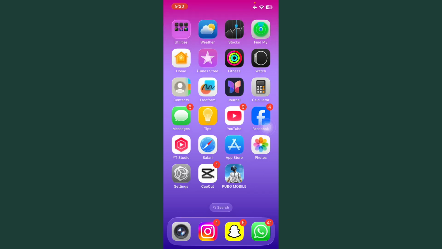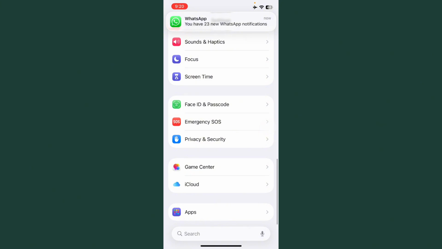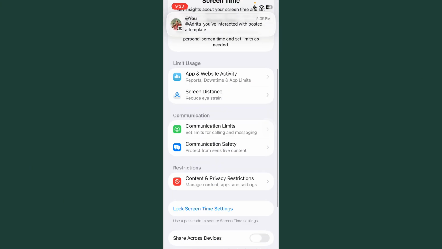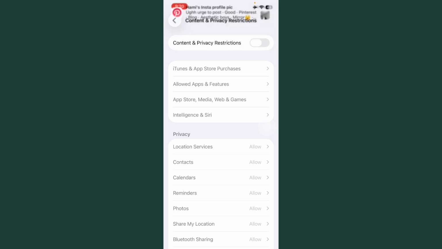If your problem is not solved, open Settings again, scroll down and you can see the option here, Screen Time, tap on it. After this, scroll down and tap on Content and Privacy Restrictions and turn this off. After this, go back,